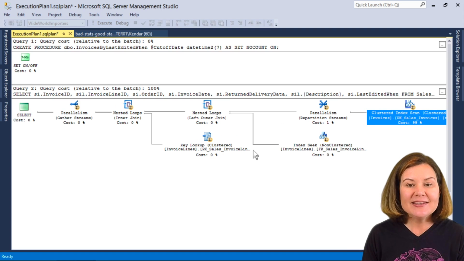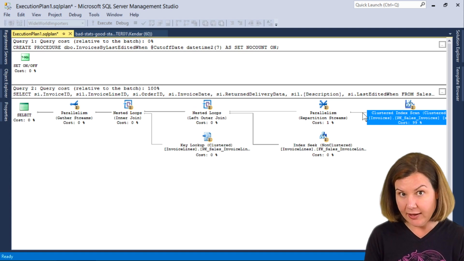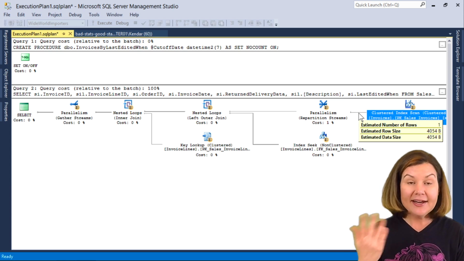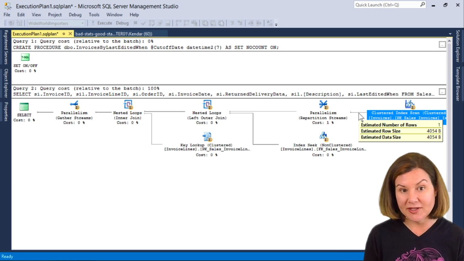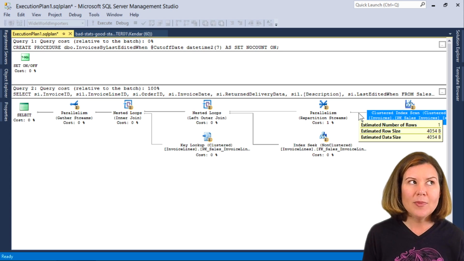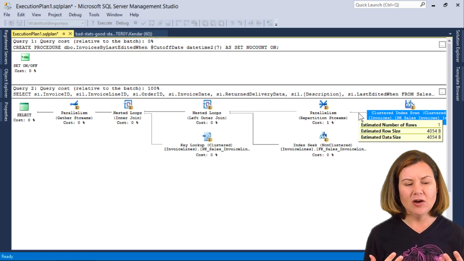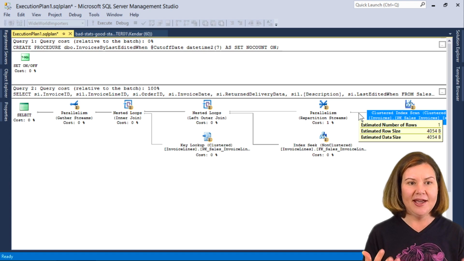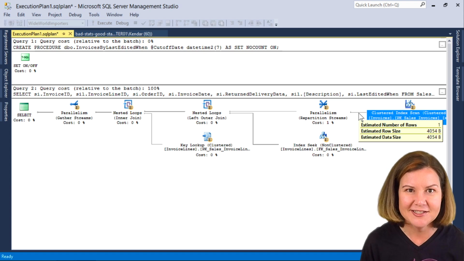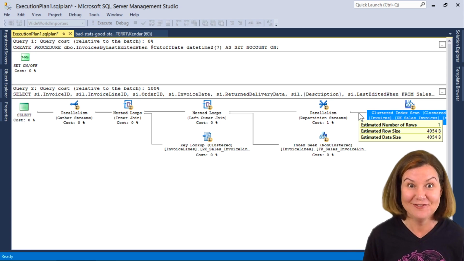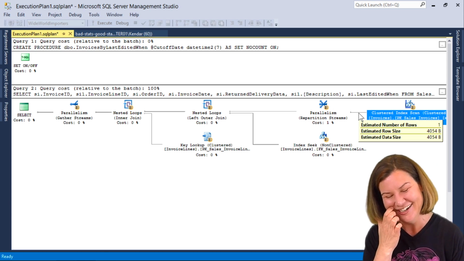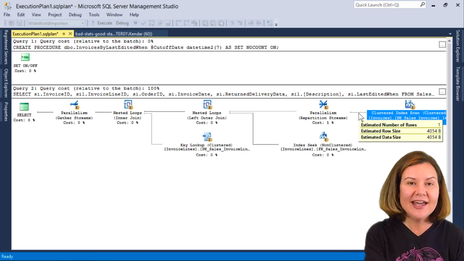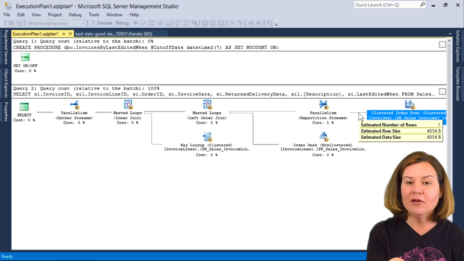Looking at the plan by itself, I don't have an actual row count there. I can see you estimated that you would get one row after the cutoff date, and I know that the cutoff date passed in was January 1st, 2017. If I know my data set, I might say, wait a second, it's already tax time. It's already April. If I haven't had more than one row in the invoices table, we haven't invoiced anyone since January, right? So logic may give you a mental estimate, but we don't actually yet have any evidence of